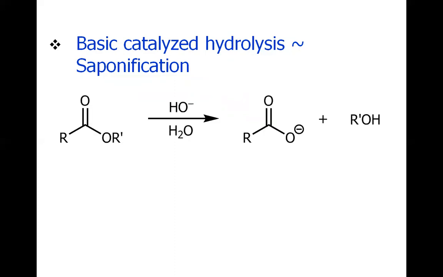Now also consider the base catalyzed hydrolysis of ester, and that gives us the carboxylate salt, and then upon the acidic workup we may have the carboxylic acid. And remember this step, this base catalyzed hydrolysis of ester is called saponification. The word saponification means soap forming. So this is the way we make soap, if this R is a long carbon chain. So this is the general formula of the soap, because soap is a long chain salt of the fatty acid.